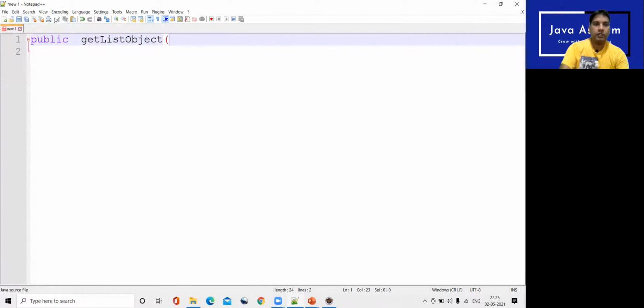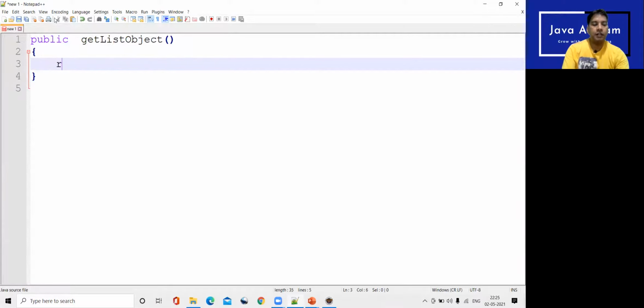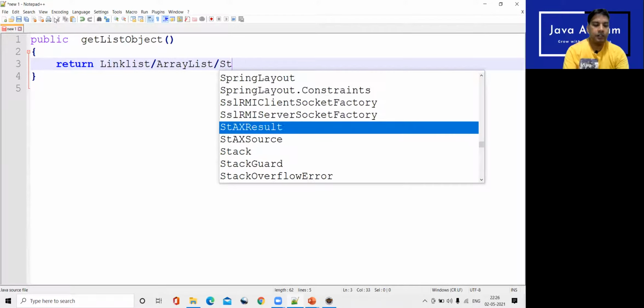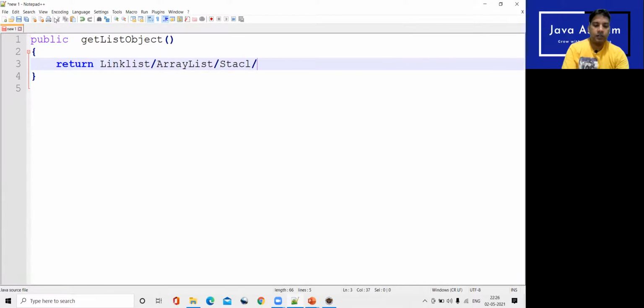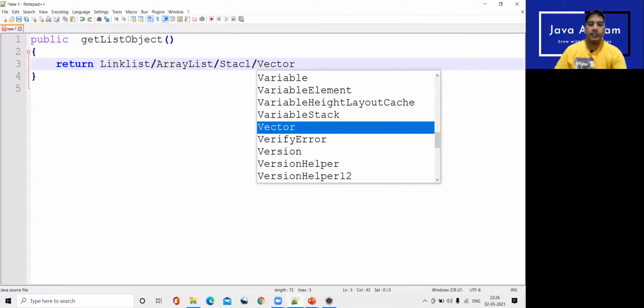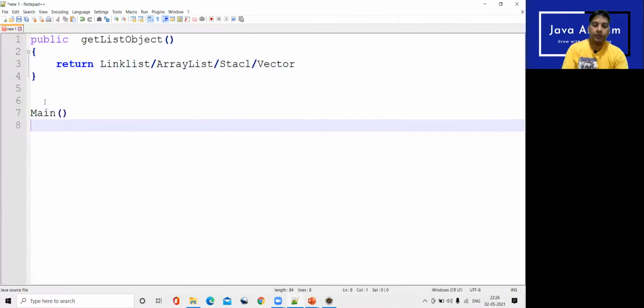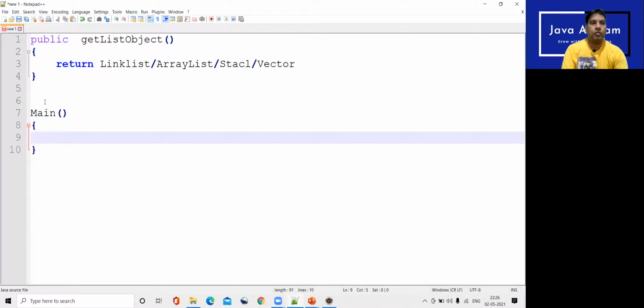Okay, and this is somehow returning, maybe, a linked list, or it can return an array list, it can return a stack, it can return a vector, right? Now from the main program, how will we call this? So you will get a list object,